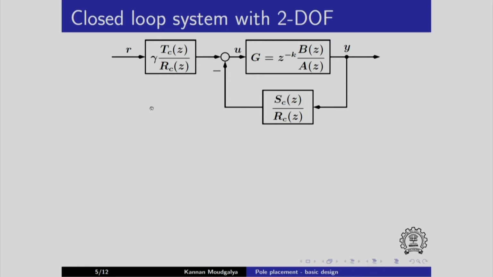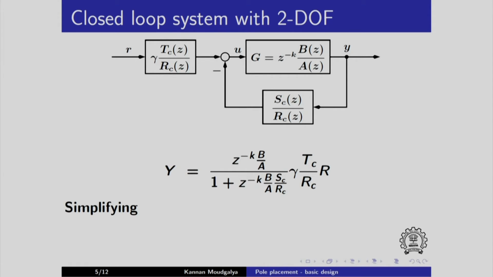For this system, we will determine the closed loop transfer function. Let's evaluate plant output y. Y is equal to what we have in the numerator divided by 1 plus the product of these two. So I have multiplied the gains of these two. I have written it here. Of course, I am writing this without explicitly stating the argument z, times whatever we have in the front. This is the closed loop expression for the plant output y.